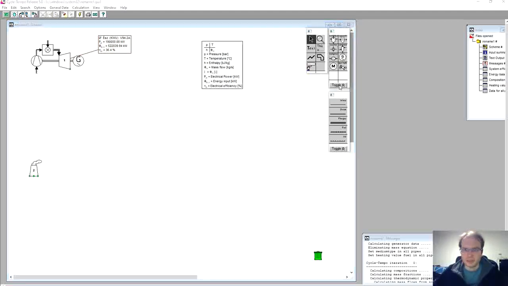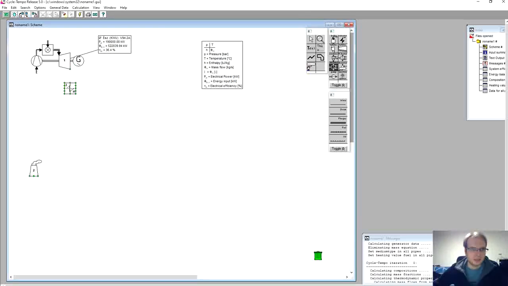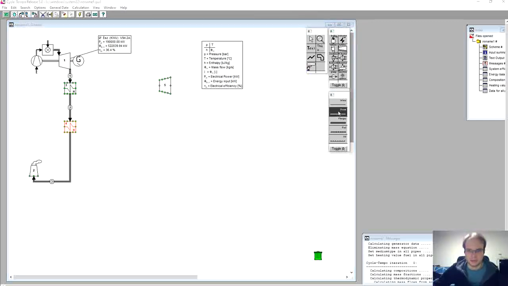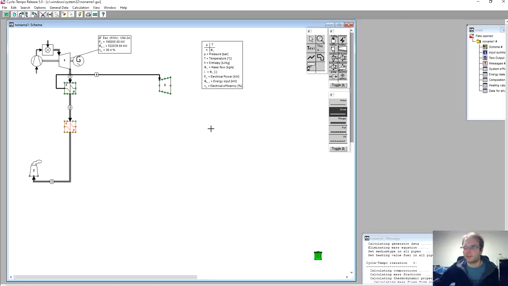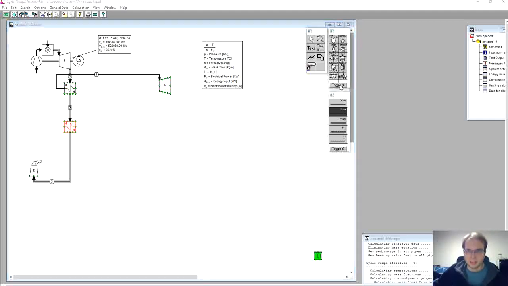So we will want to add some heat exchangers. Let's put 2 of them there for now. Connect them so that the hot side is the secondary side. One of our heat exchangers will be the superheater, from which the steam will go into the turbine. The other one will be our boiler or evaporator, where the steam will be made by circulating